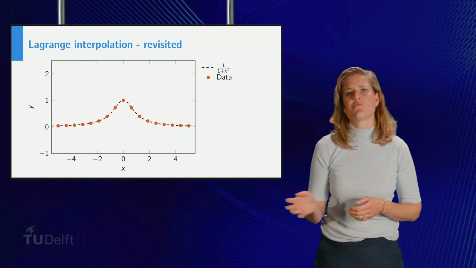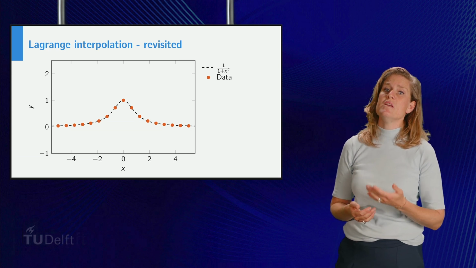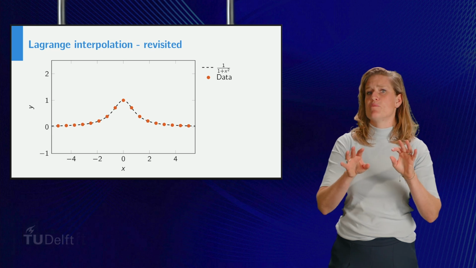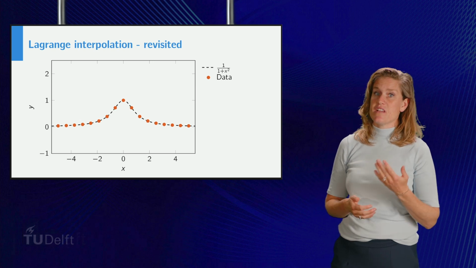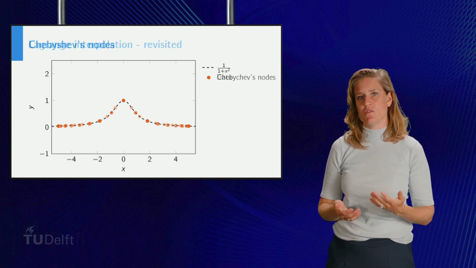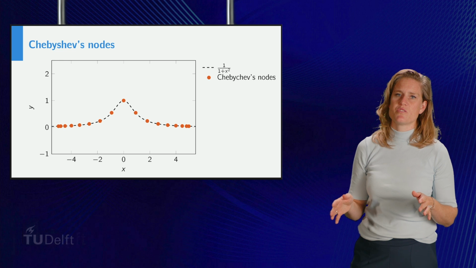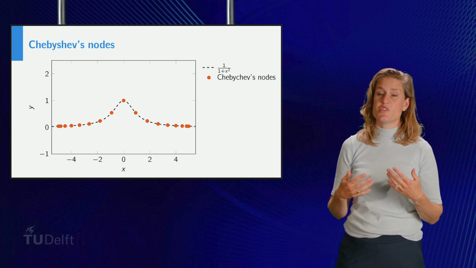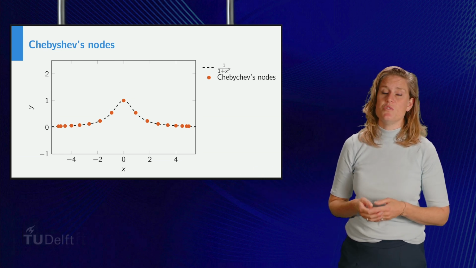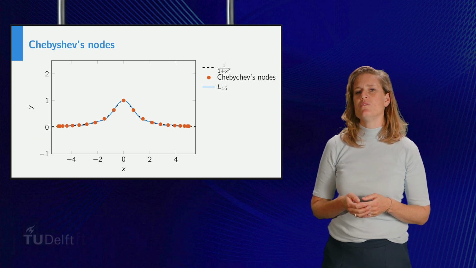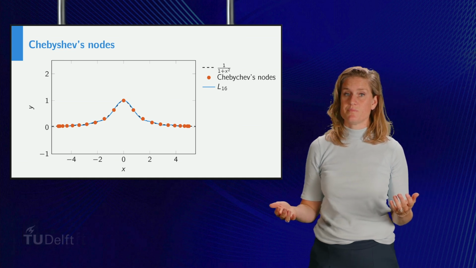To start, let's remove L16 with all the oscillations. Now you will see how these oscillations can be minimized by using nodes that are distributed more densely towards the edges of the interval. A standard example of such set of nodes are the Chebyshev nodes. In your book, you can find the formula which describes these points. Using Chebyshev nodes, a continuous function, such like the dashed line on the screen, can get a good approximation using more data points. Note that we still use a Lagrange polynomial, only now with a different set of nodes.